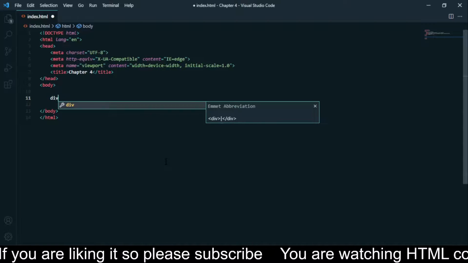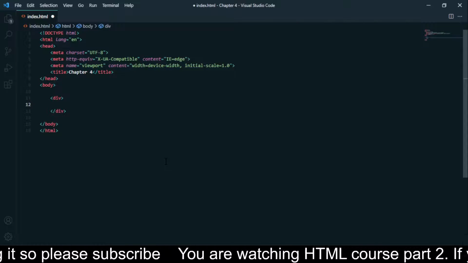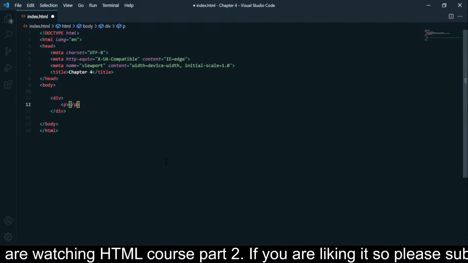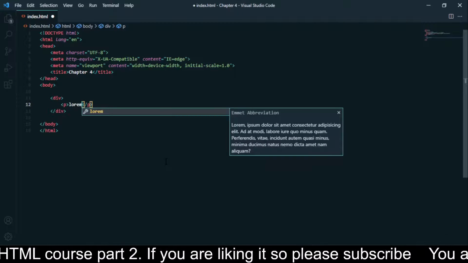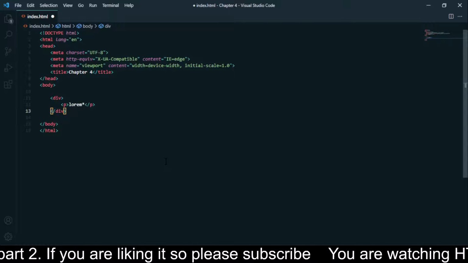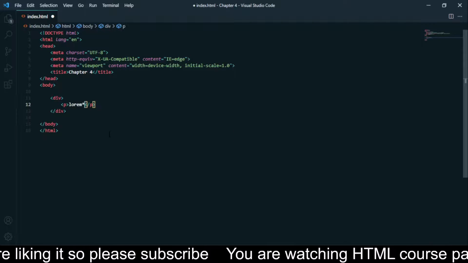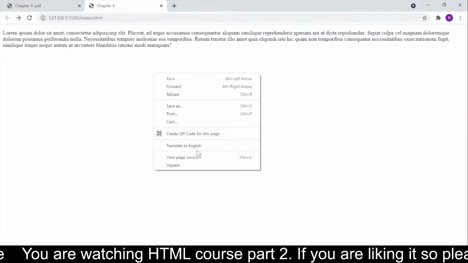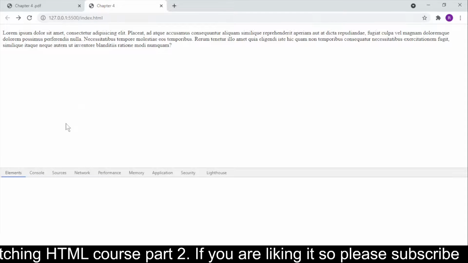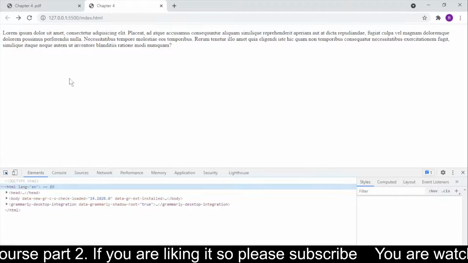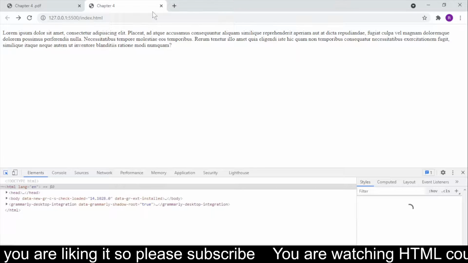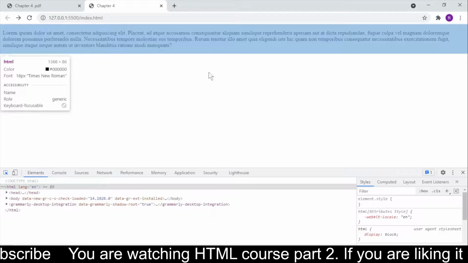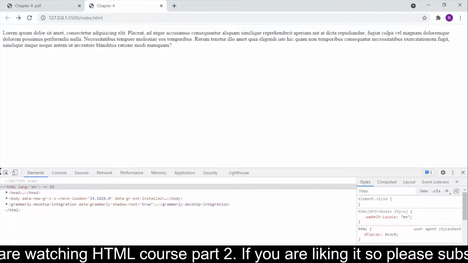So, if I just make a div over here, and add a p tag here, and say lorem multiply by 2. Okay, this is good. If I inspect this,